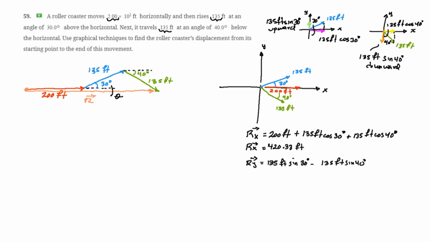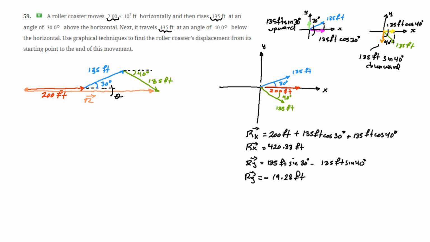So this one is the one pointing outward minus this one that is the one pointing downward. Now r sub y will be, when you calculate that, you get minus 19.28 feet. Now, what that means,